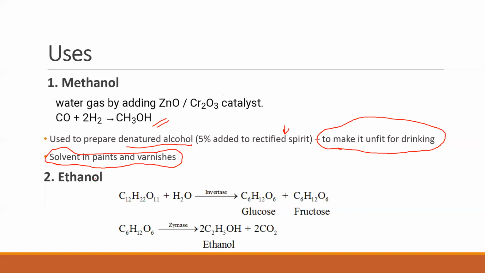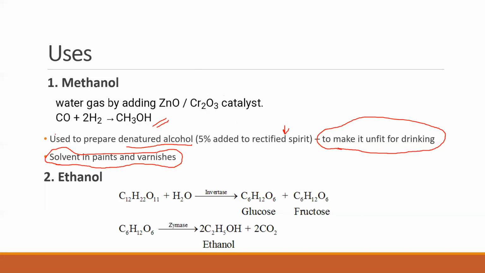Imagine if there are industries where alcohol is used in large quantities, what will the workers do? Instead of using alcohol as a solvent, they will be using alcohol for their consumption. This will reduce productivity, reduce the solvent that is used, and result in huge losses for the industry. So to prevent people from drinking that alcohol, they prepare denatured alcohol where they add 5% of